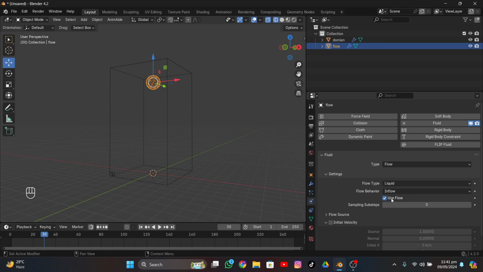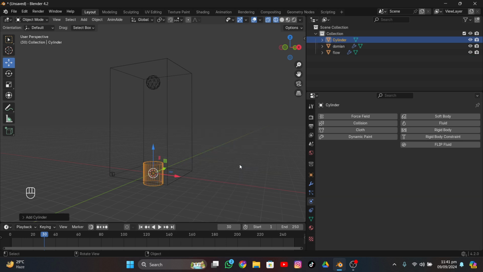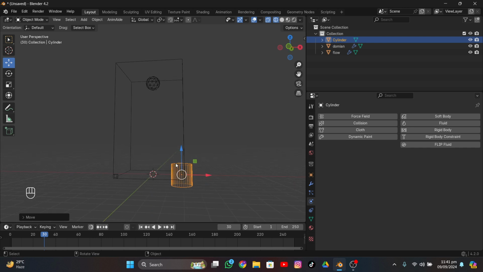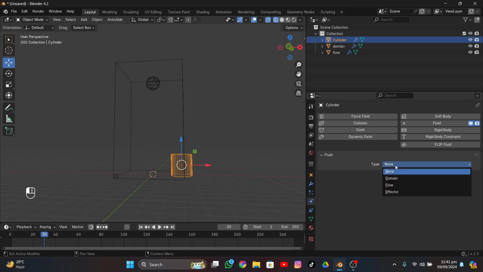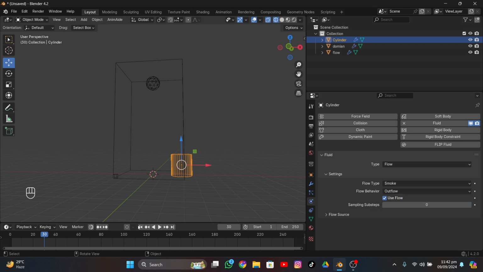First of all, let's change it to inflow, and I'm going to create a new object. I'm going to press Shift A and create a cylinder object. I'm going to move it over here, and move it upward a bit. I'm going to add fluid to that cylinder object too, and change the type to flow, but the flow behavior to outflow. So what it does, for example, if we play,